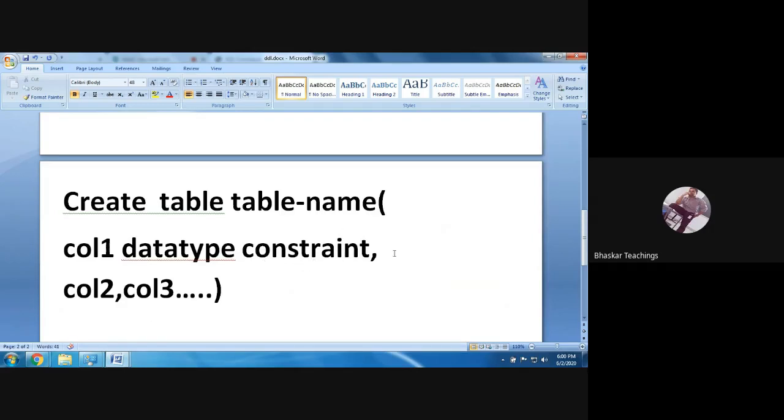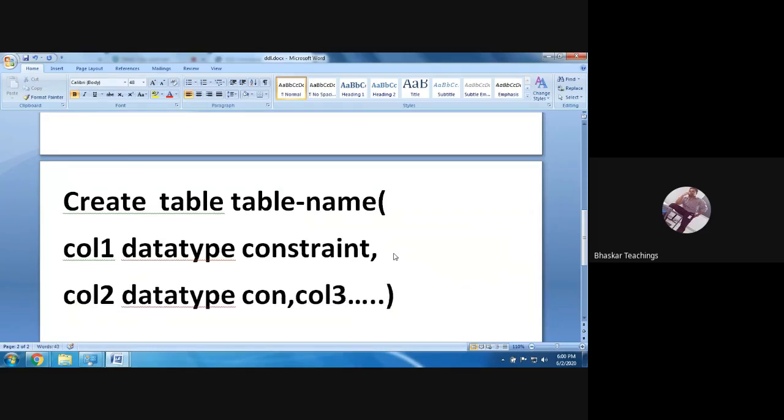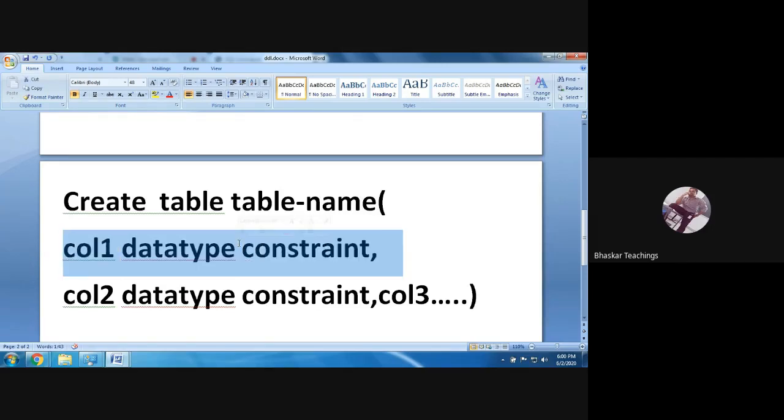So first let me finish the syntax and then tell you what constraint is. So column 2, mention the data type, give the constraint. Watch carefully here: I am separating the column name, data type and constraint with a space. There is no comma here, just a space. But each column's definition is separated with a comma.